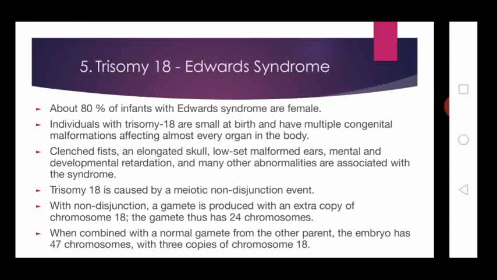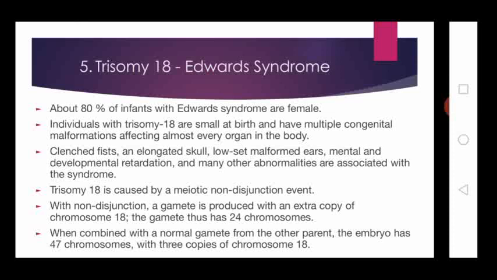Next one is trisomy 18, Edwards syndrome. About 80% of the infants with Edwards syndrome are female. Individuals with trisomy 18 are small at birth and have multiple congenital malformations affecting almost every organ in the body. Those infants will have several congenital malformations. Clenched fist, an elongated skull, low set malformed ears, mental and developmental retardation, and many other abnormalities are associated with